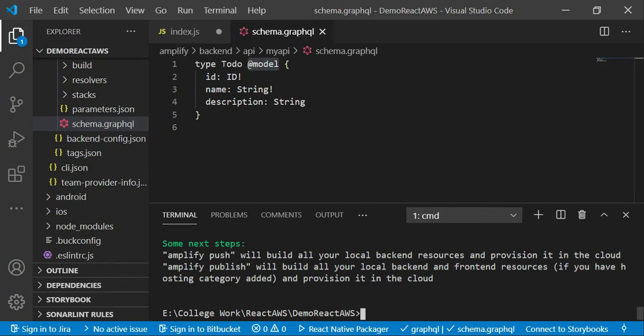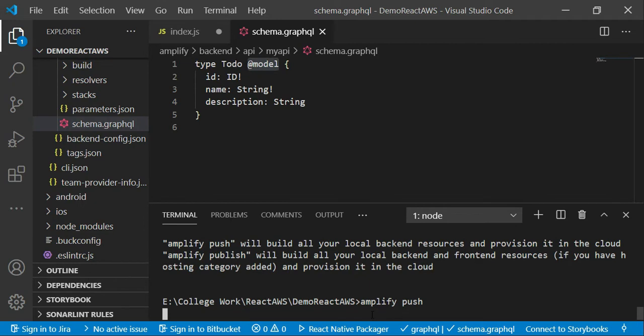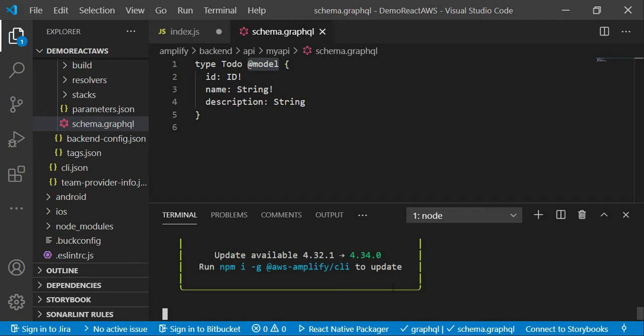Now here, if you observe the passage which they have given at the end, if you want to deploy the GraphQL API and database which we have created earlier, then for that purpose we have to use the command amplify push. In the project directory, you have to execute the push command. Press enter. Your machine must be connected to the internet. We are just going to deploy our GraphQL API and database which we have created earlier.